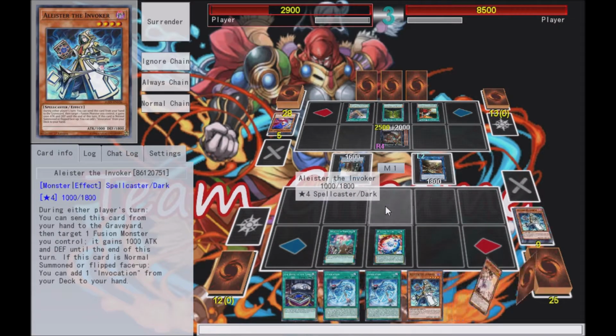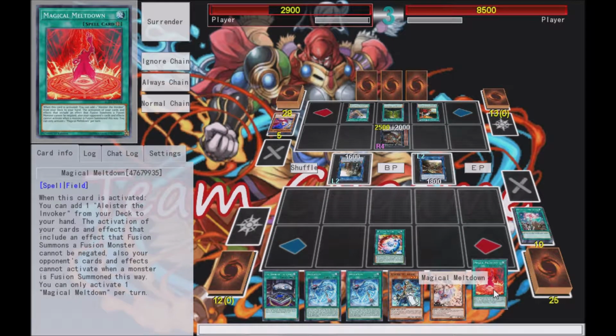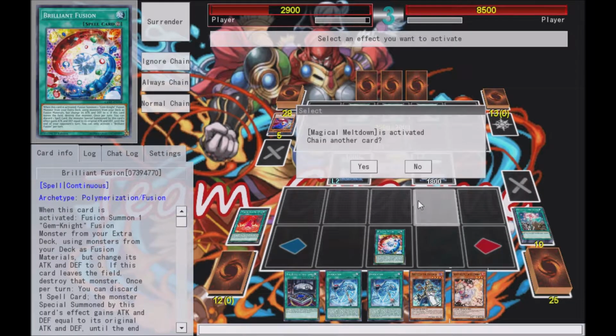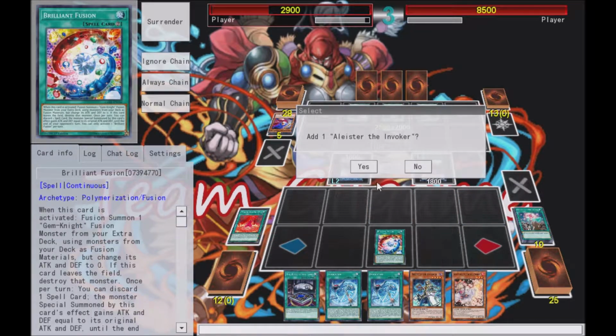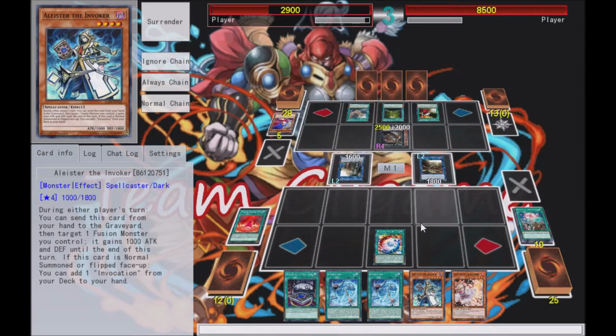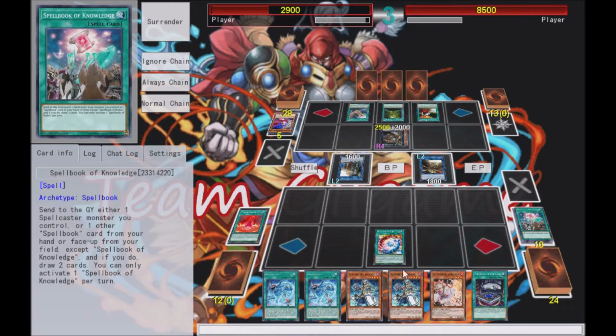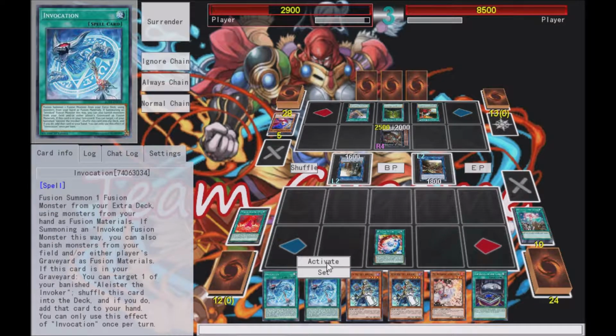Targeting Alistar the Invoker because we want to be able to search. Okay, we don't need one of those invocations, a book of the law, so we can pitch a book of the law, that's fine. Grab our third and final Alistar from the deck. See, yes, we want to add Alistar from deck to hand. We're now going to attempt to fusion summon into...